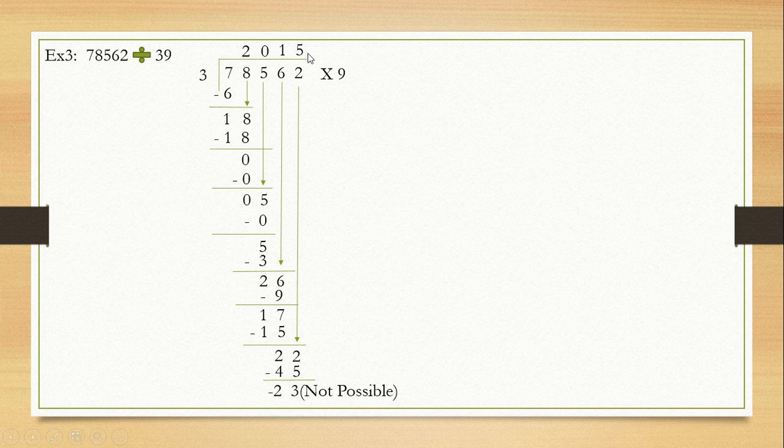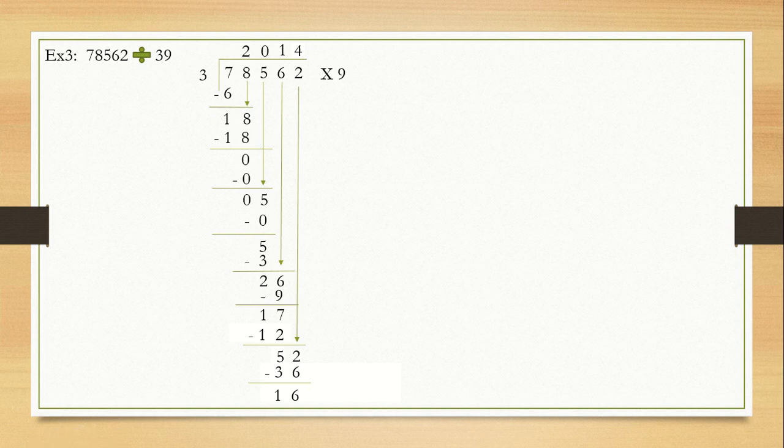So what do we have to do? We have to go for the number before, that is 4. 4 3s are 12. 12 is subtracted from 17. You will get 5. If you bring down this 2, you will get 52, and from that 52 we are bringing down 2 here, the last digit. So we have to subtract the product of these two numbers. 9 4s are 36. That's all. 16 is the remainder for our question,